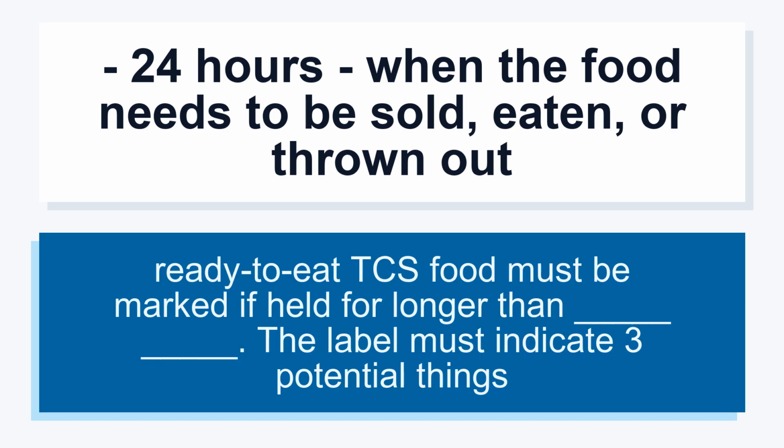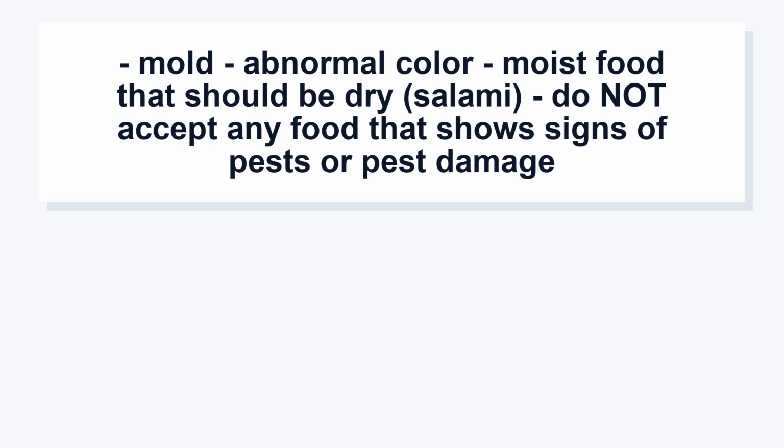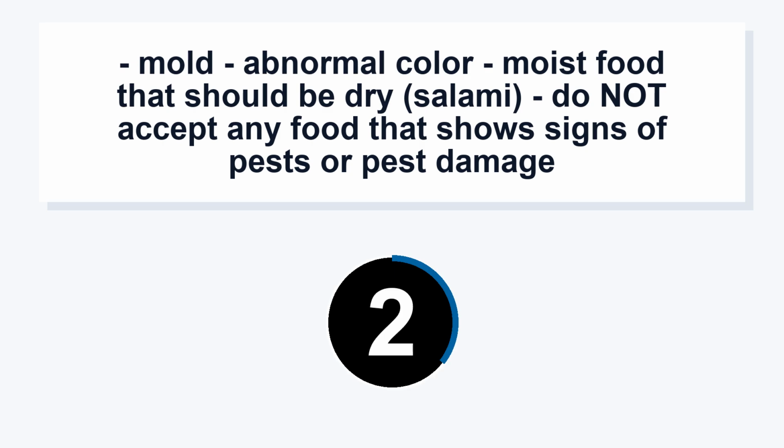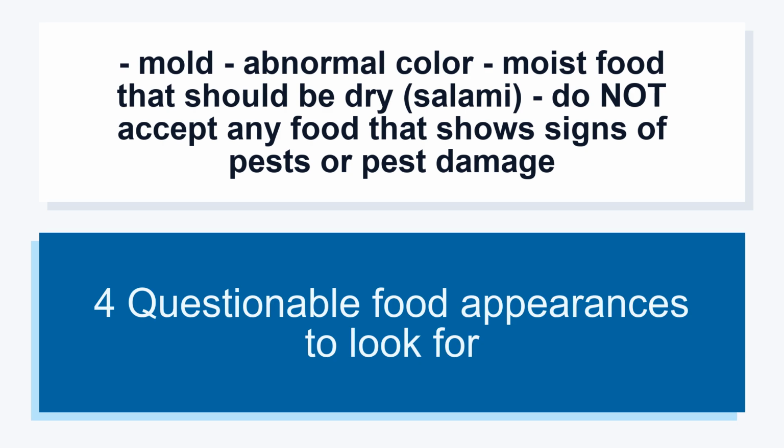Ready-to-eat TCS food must be marked if held for longer than ______. The label must indicate 3 potential things: mold, abnormal color, moist food that should be dry, salami. Do not accept any food that shows signs of pests or pest damage. For questionable food appearances to look for: